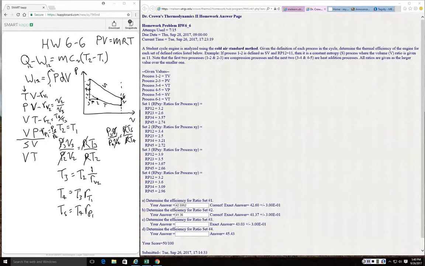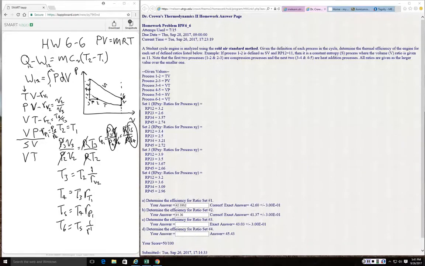And this P5 over P4 is what we're calling our P1, but that's the same as the temperature ratio. So the pressure ratio equals the temperature ratio. So again, it's just times our P1. And then finally, T6 equals T5 times 1 over R to the, well,